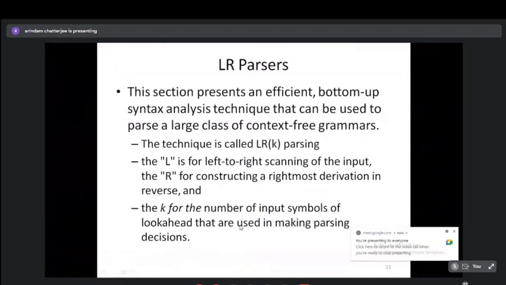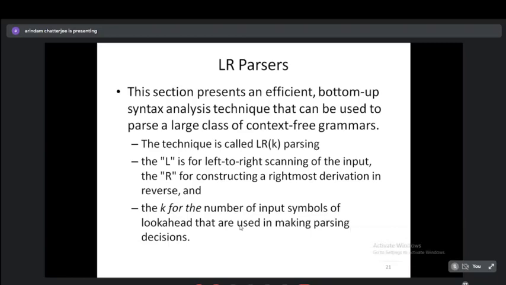Now, again, just like LL, we have LR. L stands for, again, left to right scanning of the input. We don't do any other type of scanning, as I said. In case of LL also, the first L refers to left to right scanning. But in LL, the second letter was L, which was tracing the leftmost derivation. Here, we are doing R. R means constructing a rightmost derivation, that also in reverse. So please note that